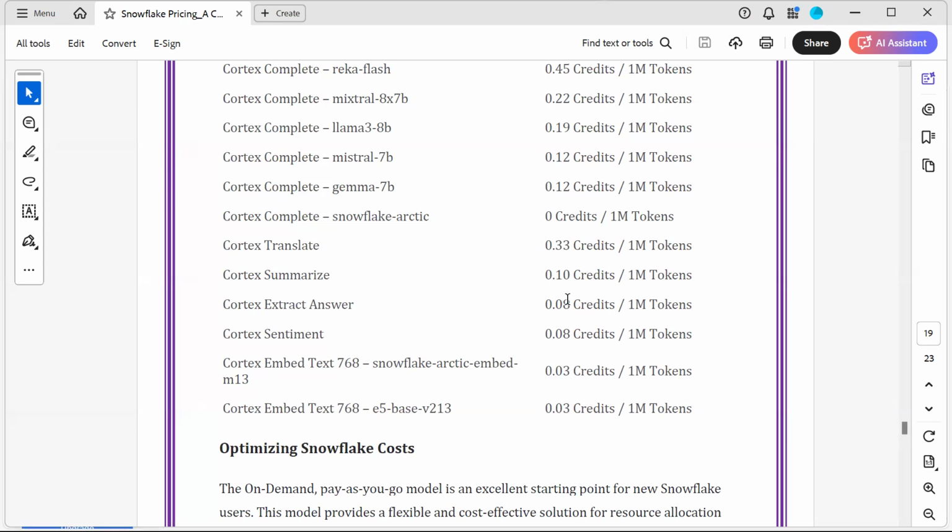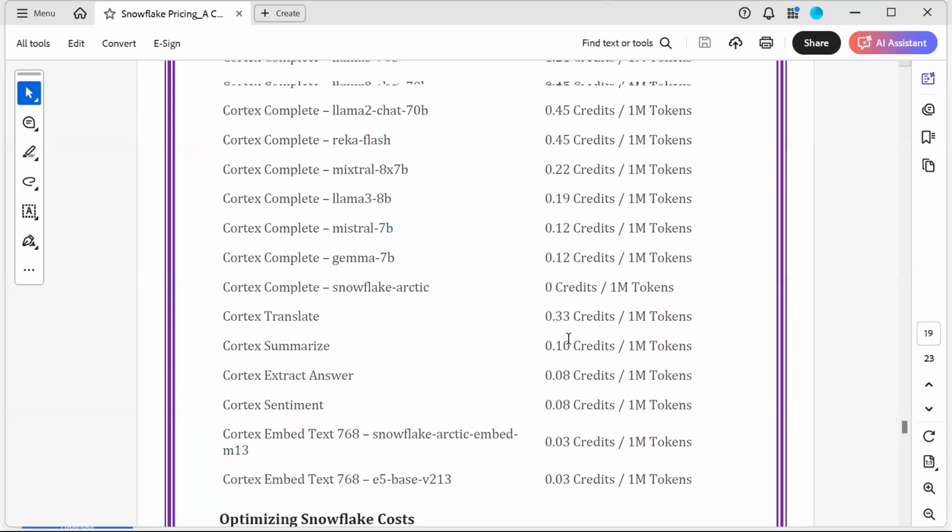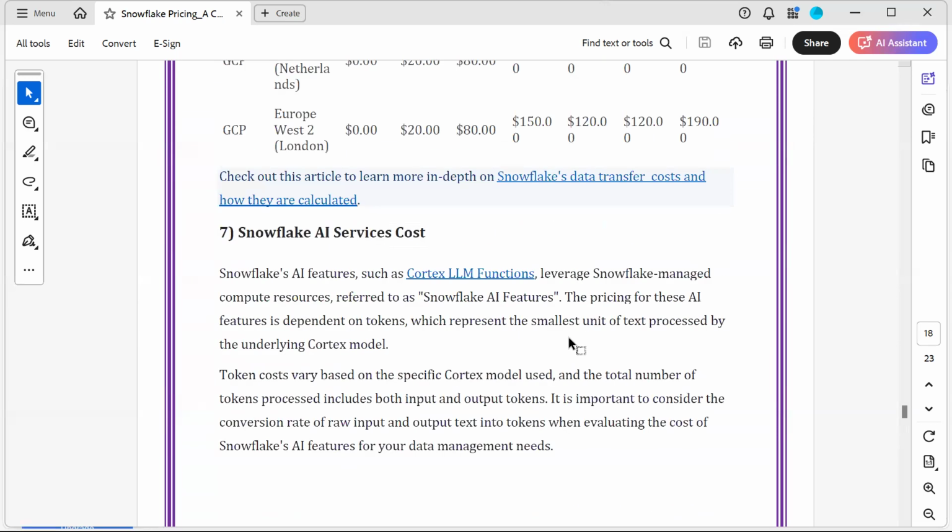All this cost, whatever you see, as the administrator, I should know. If I don't know what happens, I cannot track them. Correct? Do you agree? If it is added to your monthly billing, you should see why that cost is applicable. If someone came and asked you why I got additional cost, even after using this AI service, some